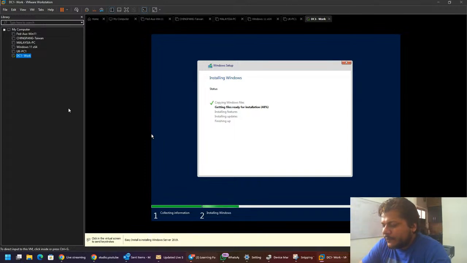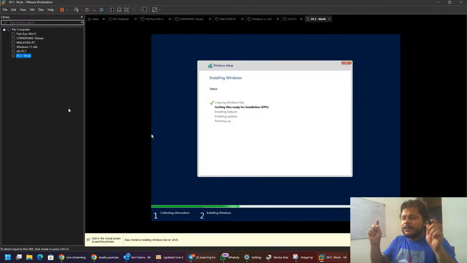Now, in the world of IT, we always have a client which end users use. We always have a server which admins use, and then we have a layer of medium, or the bridge, the connection between these servers and clients. This is called a three-way handshake. You have a client, you have a server, and then you have the network that connects them. This is called a three-way handshake.